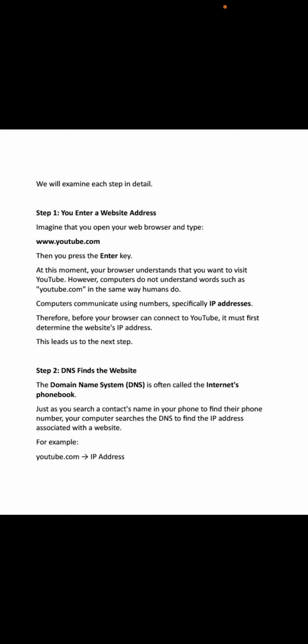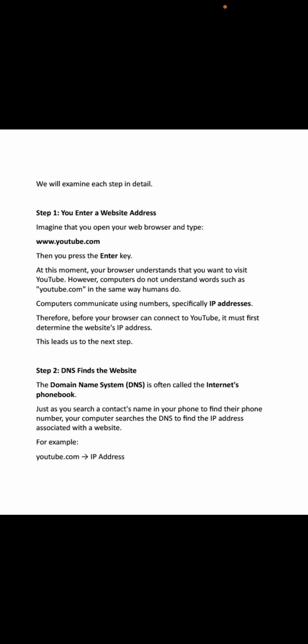These incredibly thin glass cables transmit information using pulses of light, which allows an enormous amount of data to move across continents almost instantly.